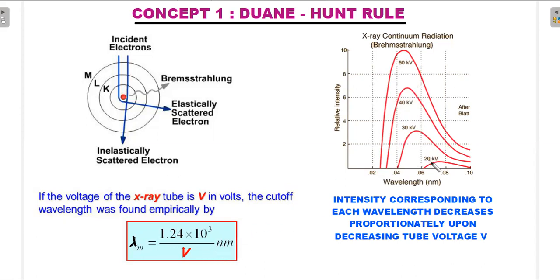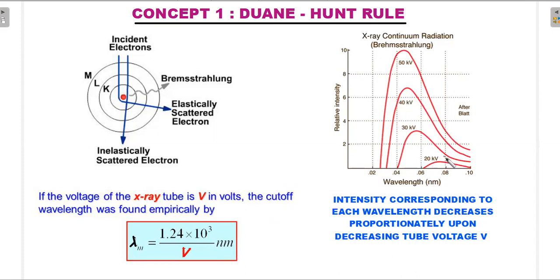Not only that, if you carefully observe, one more important thing in this graph that we'll use in this question is that once you increase the voltage, the cutoff wavelength, yes, will reduce, using this inverse proportionality, but also the intensity corresponding to each other wavelength other than the cutoff wavelength, you will have the rest of the wavelengths also. This is a spectrum. You will get many more wavelengths associated with the output X-rays. You pick a point called 0.08 nanometer here and compare across the experiments.